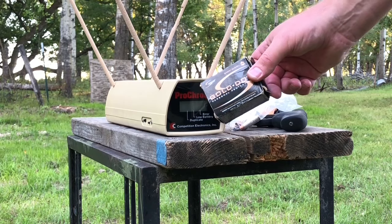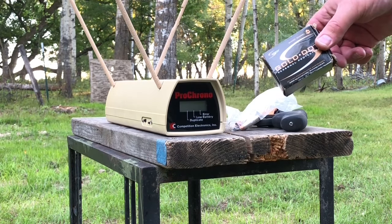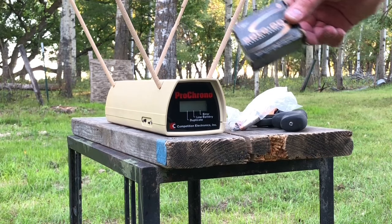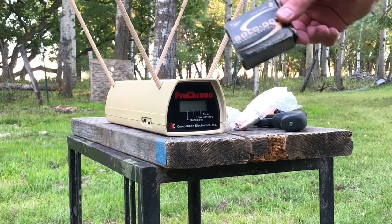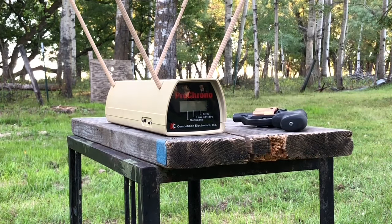for a muzzle energy of about 216 foot-pounds, which is almost 100 foot-pounds lower than Underwood's 125 grain Gold Dot loading. So I will continue to carry the Underwood load,